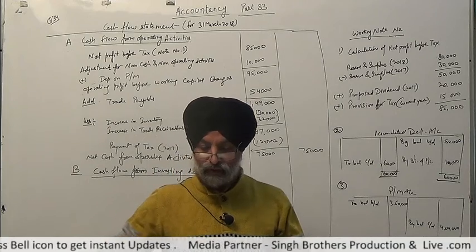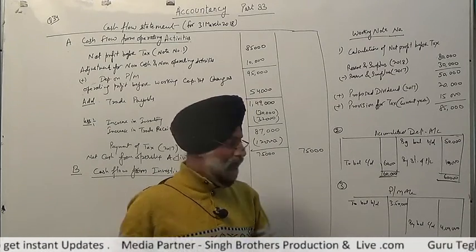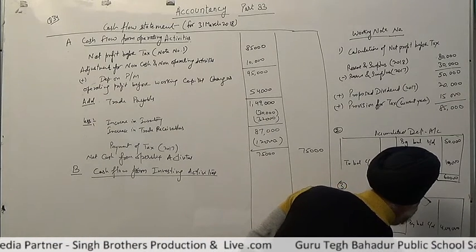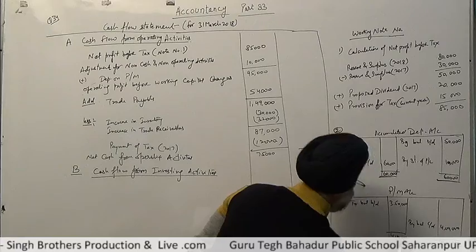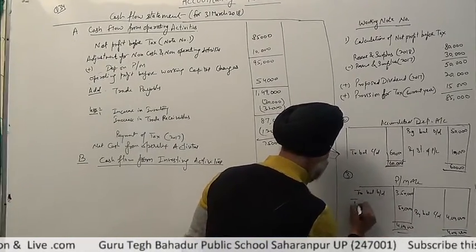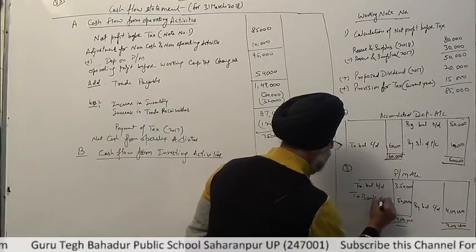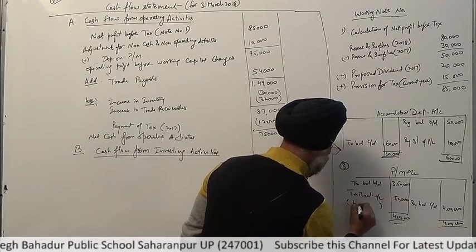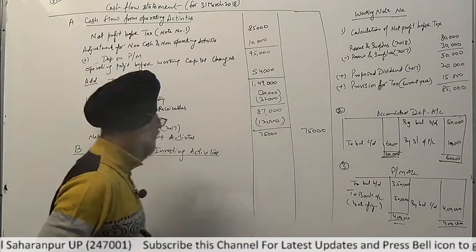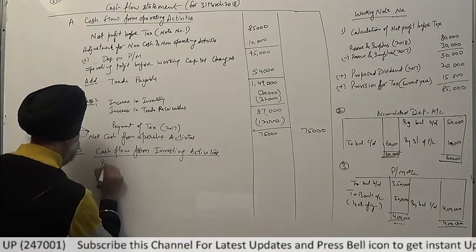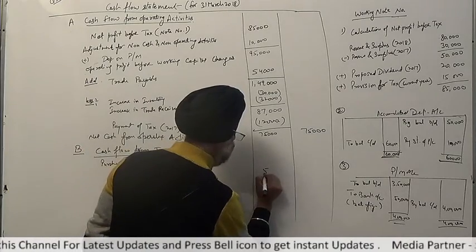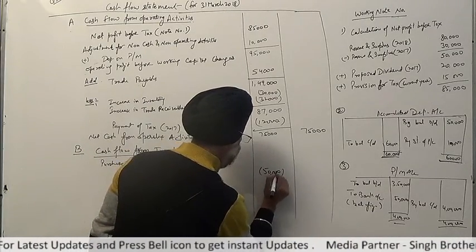So it means the purchase, the balancing figure, we will take here: To Bank, 4 lakh rupees. The total of the account is done, 350 here is the opening balance. It means we have purchased 50,000 of plant machinery. So To Bank account, this is the balancing figure of the plant and machinery. So take it also, purchase of plant and machinery 50,000. This is outflow, so take it in bracket.